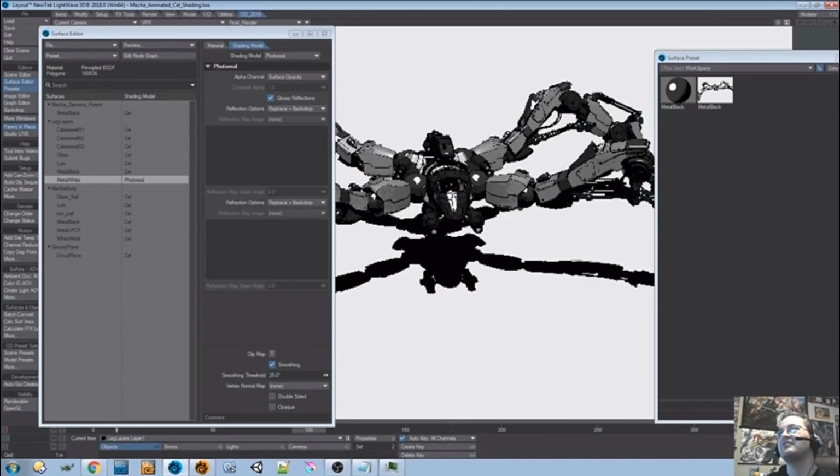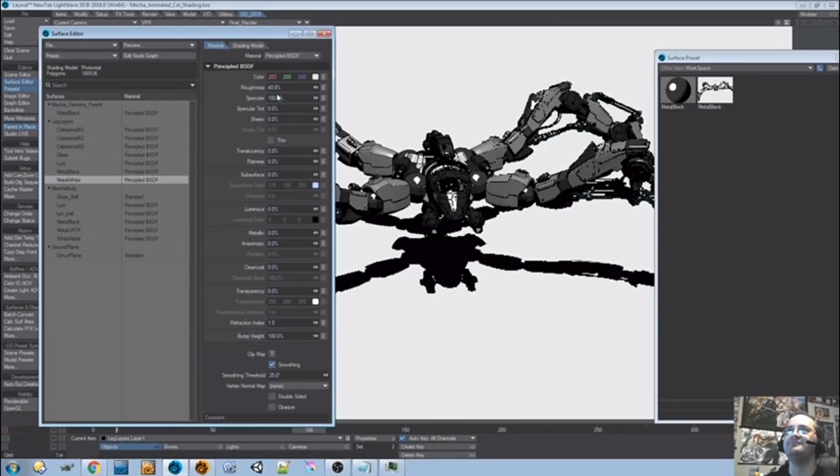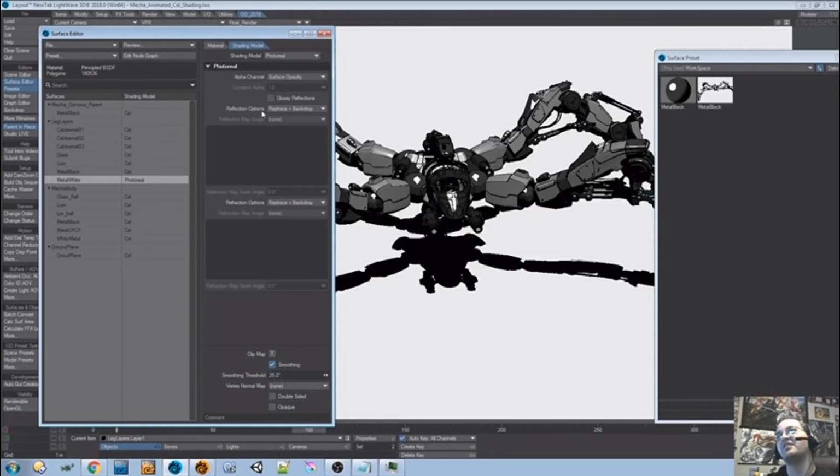So let's let that refine a bit. I can turn off things like glossy reflections, which I believe makes the reflections blurred when you have roughness. Because if a surface isn't rough, it's going to be like a mirror-like finish, so the reflections wouldn't really need to blur at all. But if you have a little bit of roughness and you want them to blur, then I believe that's what